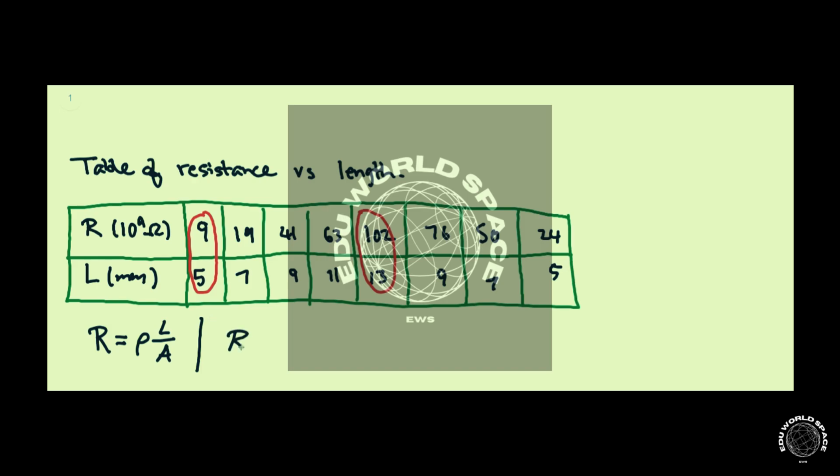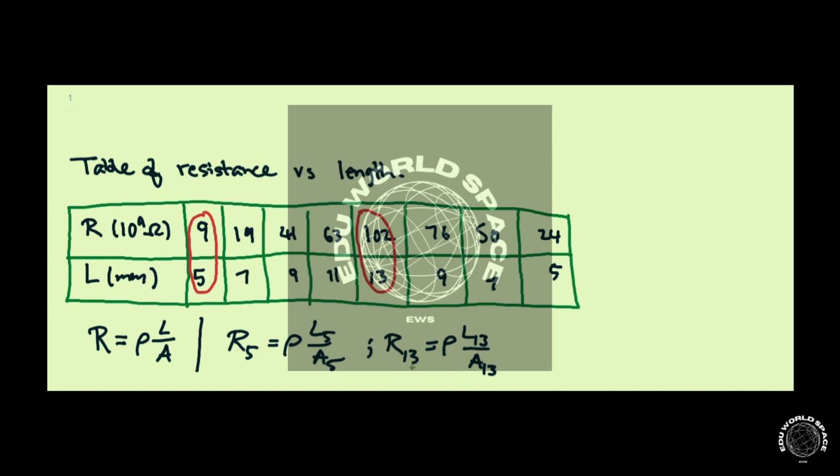So we have resistance R5, which is equal to rho L5 over A5. And when the thread is at a different length, we have R13 is equal to rho L13 over